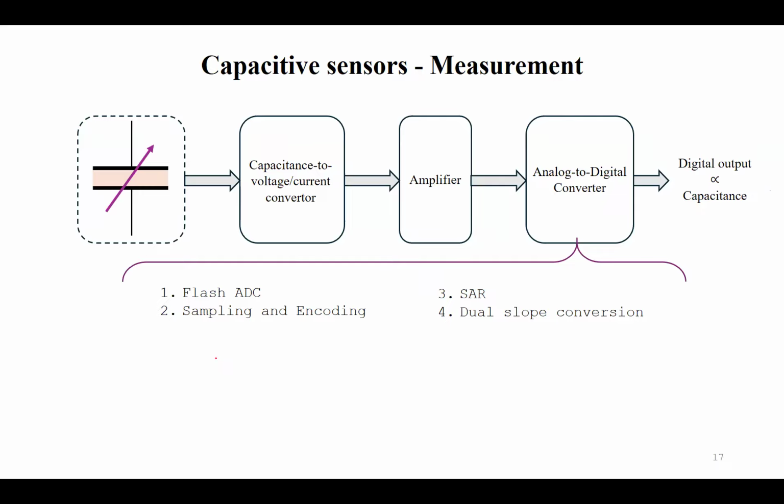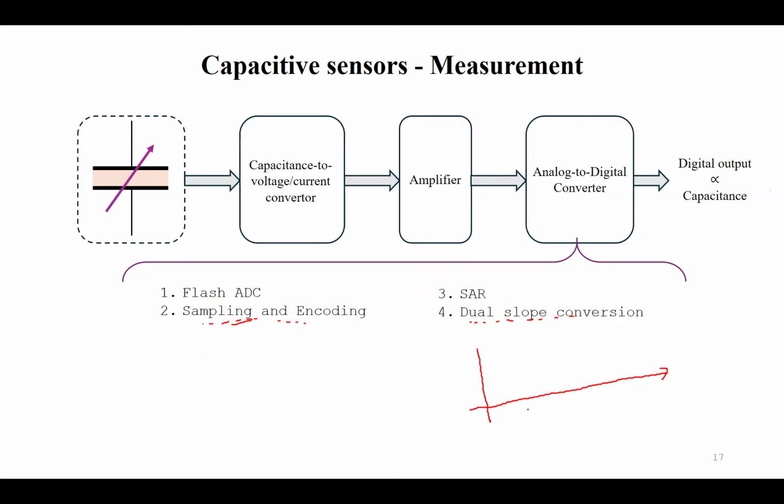In most of the conventional methods, we use a sampling or encoding type method, so that the capacitance change is directly converted to digital data by the sampling rate. For signals which have high frequency, we can use this. But for more accurate capacitance measurement, we usually use dual slope conversion, where